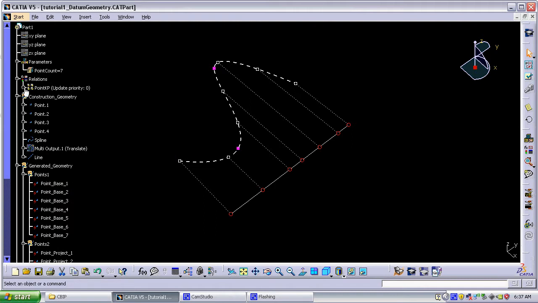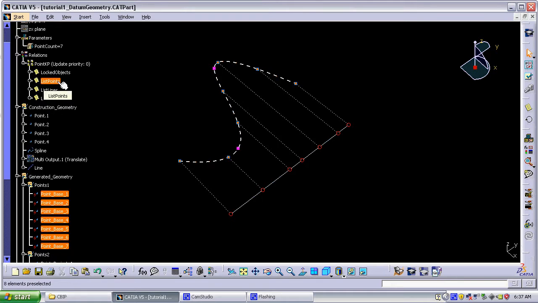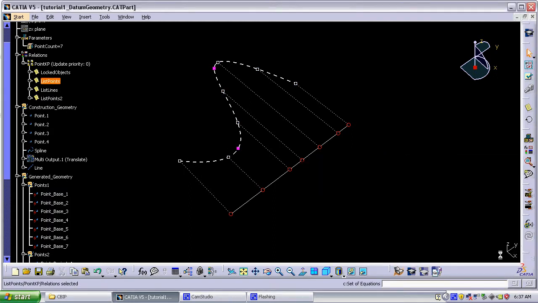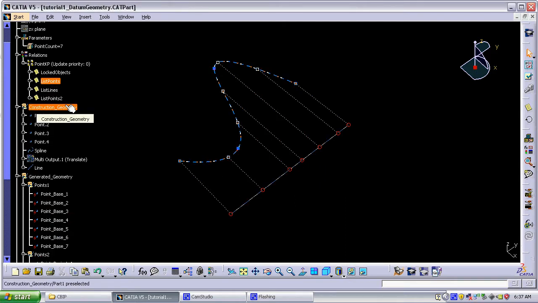Within each knowledge pattern, there's a set of lists, and each list holds this geometry. If I pointer over this list points, it highlights those points. You can also double click and see all the geometry that's in that list, and that also gives you the size. That allows the pattern to know where it's putting geometry, and it also allows other scripts later to access that geometry. Because if, say, you wanted, like I'll do in the second tutorial, a UDF to be instantiated in these points,